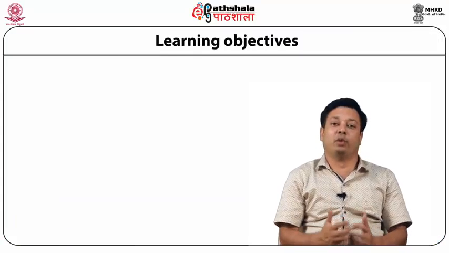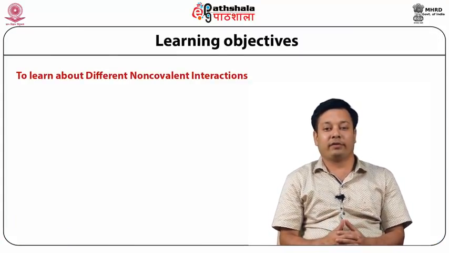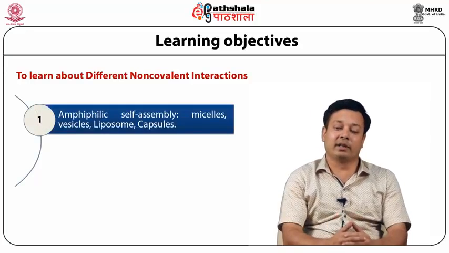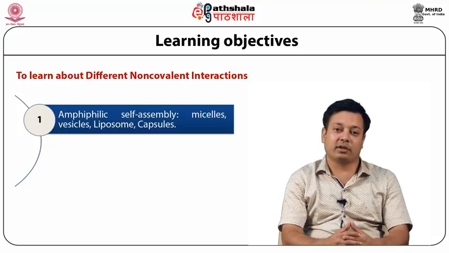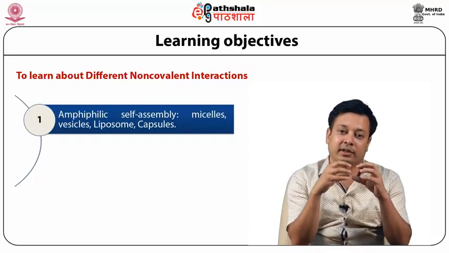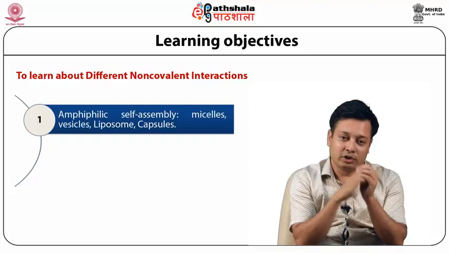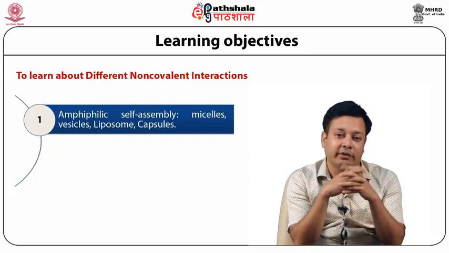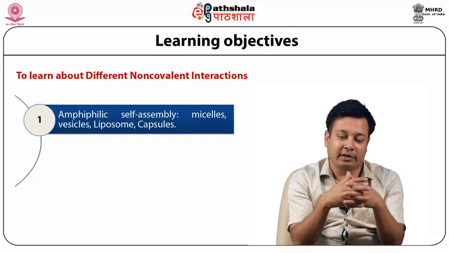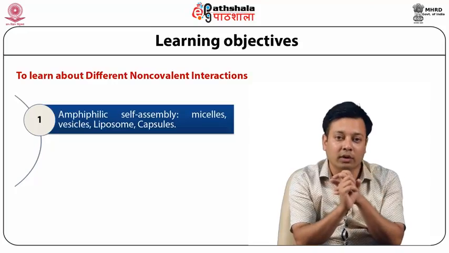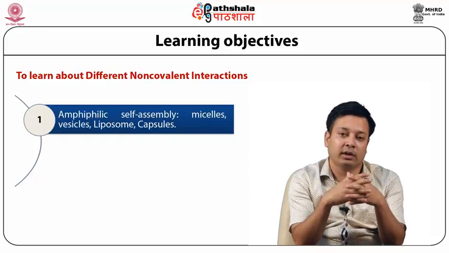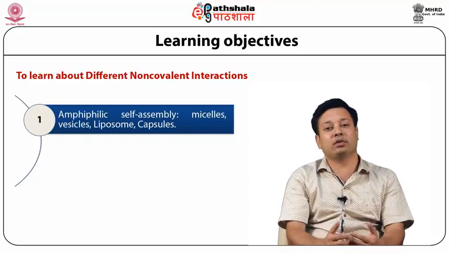So the objective of this module is to know about different self-assembled structures like micelles, vesicles, capsules formation, and what are the underlying principles which actually govern these self-assembled nanostructure formations. So we'll look into more details on them, and next is how to characterize these different nanostructures. That's very important for us to know, and we will learn different techniques as we go along in this module. And the third thing is that we would look into the size, shape,